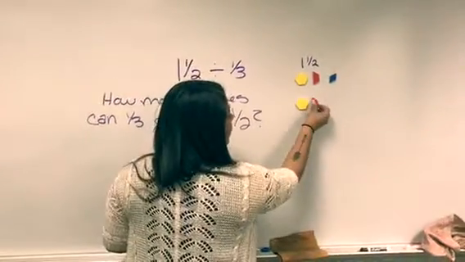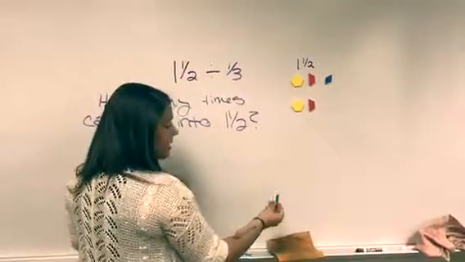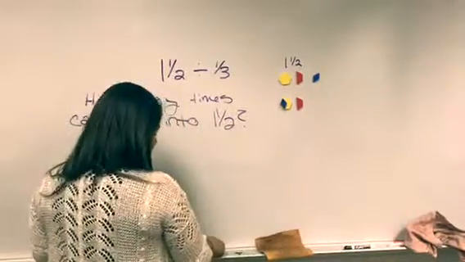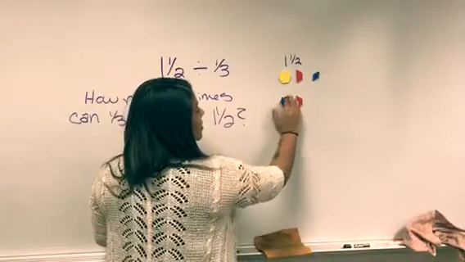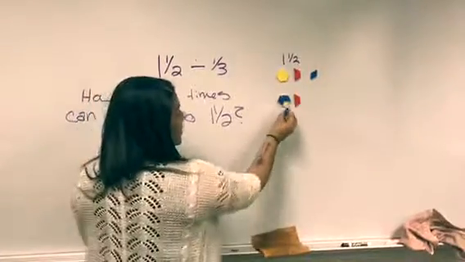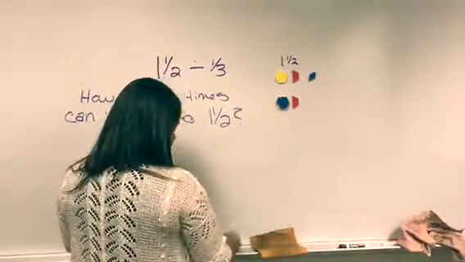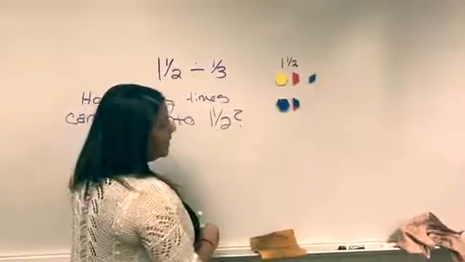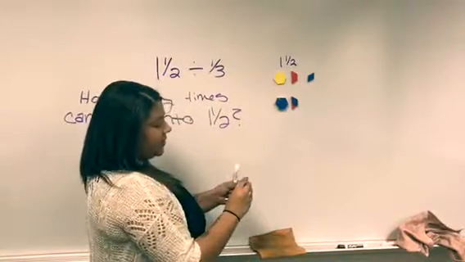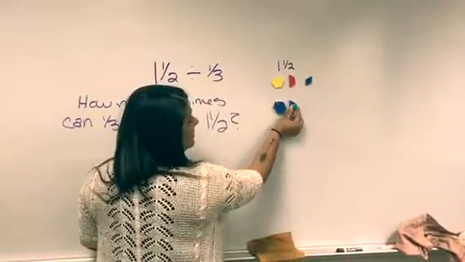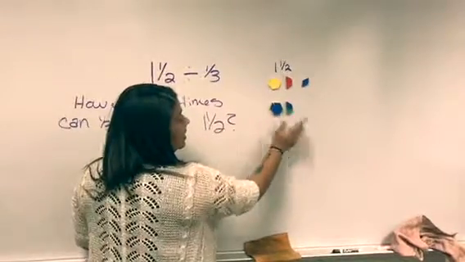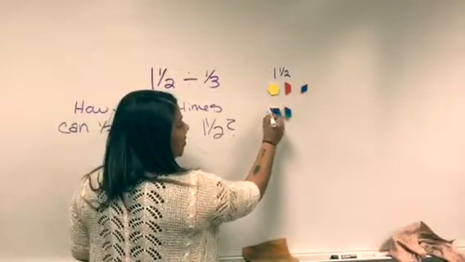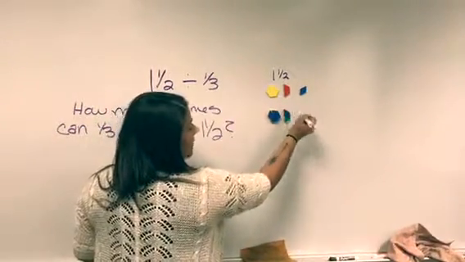So here's 1.5, and I'm going to see how many times I can get this to fit into there. So there's 1, 2, 3, 4, and then we have this last little section that I can fill with this triangle, which happens to be half of our rhombus. So we could say 1/3 goes into 1 and 1/2, 1, 2, 3, 4 times,